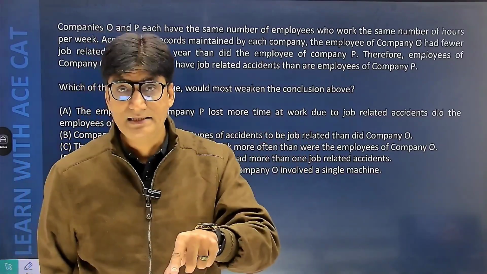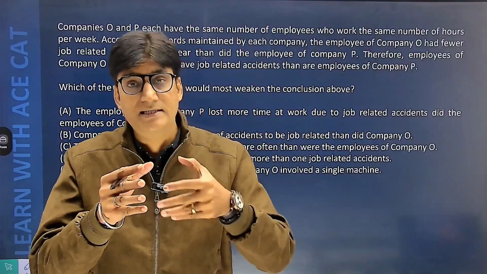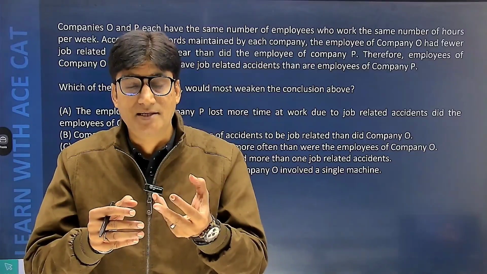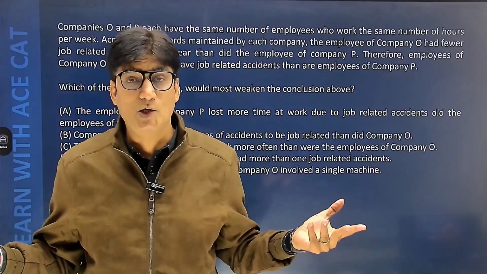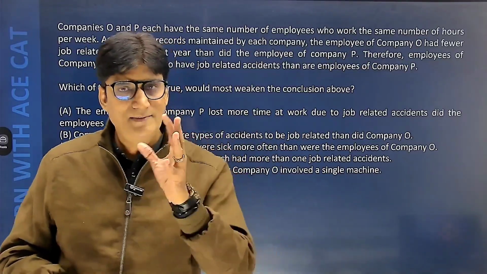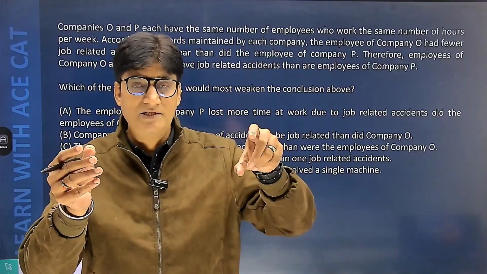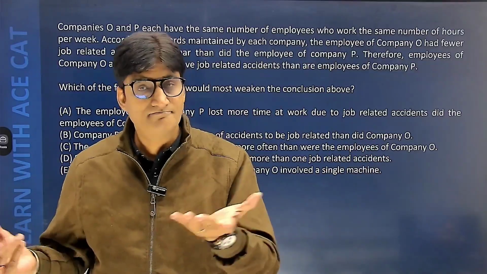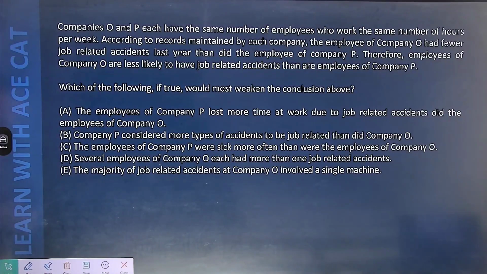अब अगर मुझे वीकन करना है, ट्राई टू अंडरस्टैंड, जिस प्रमाइस पर या जिस स्टडी पर या जिस डेटा पर मैंने कंक्लूजन ड्रॉ किया, if I raise a question mark on that data itself, on that record itself, the students, automatically conclusion weaken हो जाएगा. Isn't it? पॉइंट समझ में आया? बेटा, जिस बेसिस पर मैंने कंक्लूजन ड्रॉ किया, अगर मैं उस बेसिस पर ही क्वेश्चन मार्क रेज करूं, so that becomes the best way to weaken a conclusion. Okay, चलो, which is the correct answer?